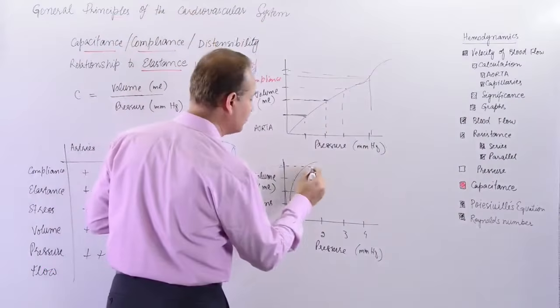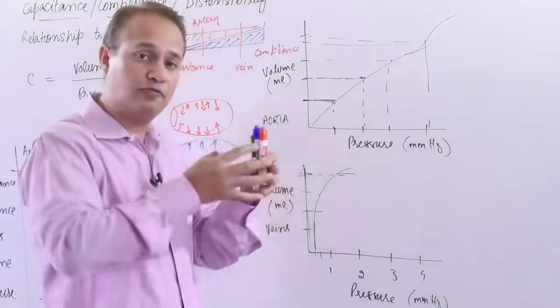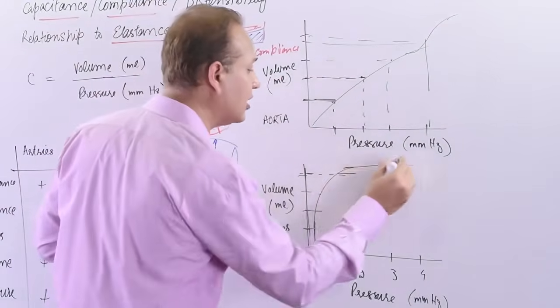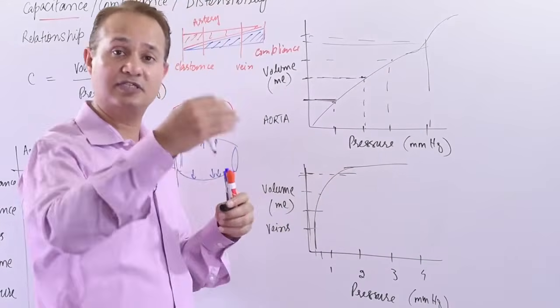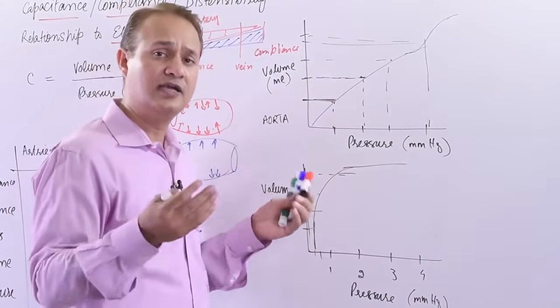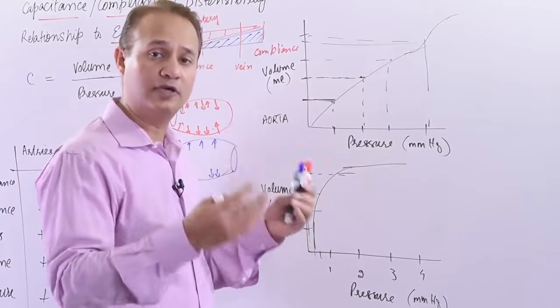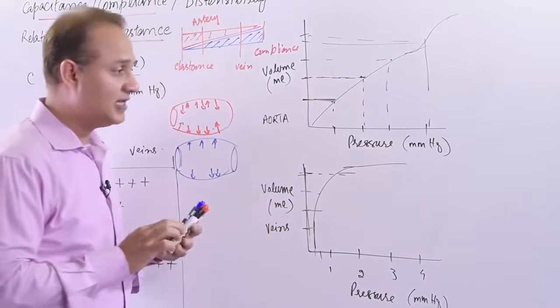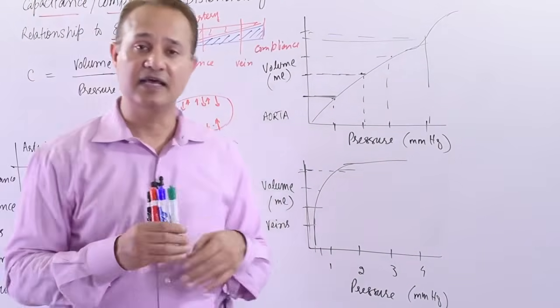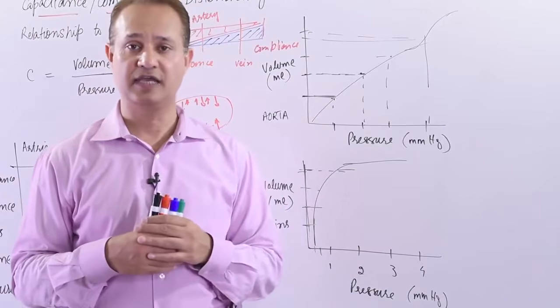But at some point, the vein also has physiological limits after which it cannot go further. And now if you add more volume to it, then the pressure would start increasing up to the point that either you stop putting the volume or it would burst. So that is the capacitance and elastance and their relationship to each other and the blood vessels.